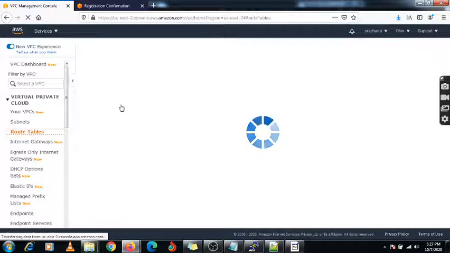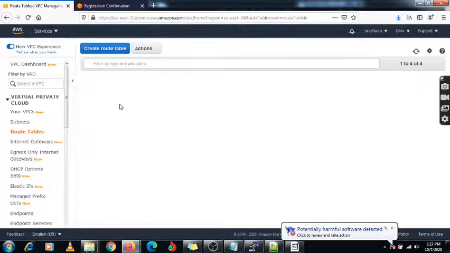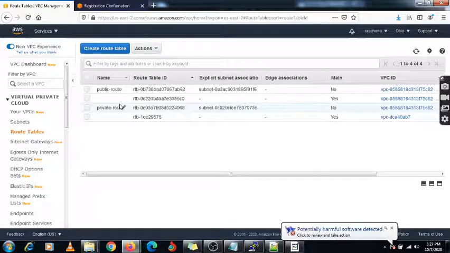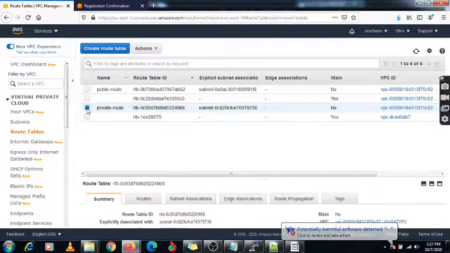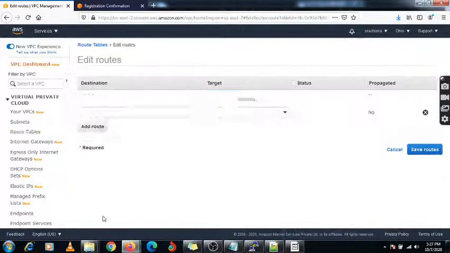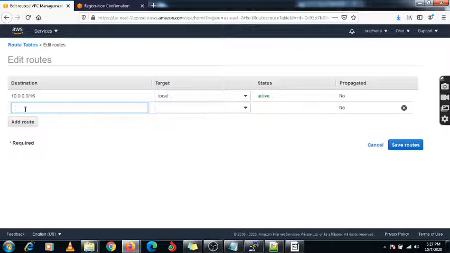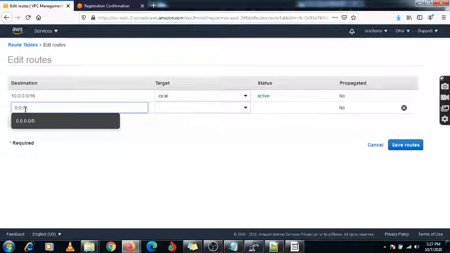First we have assigned that NAT gateway to our public subnet, and now we are assigning our private route, because we need to specify the path to the NAT gateway, how it will connect my private subnet to the internet.